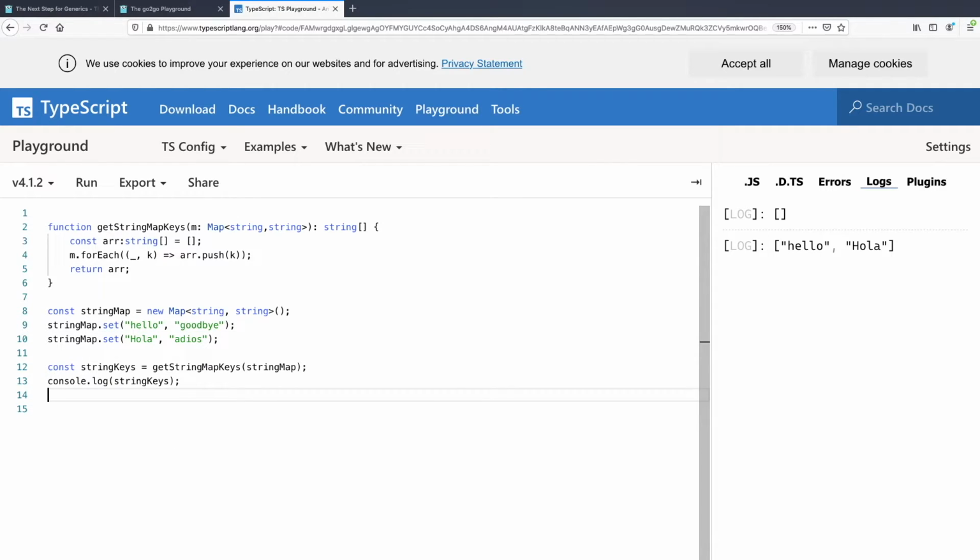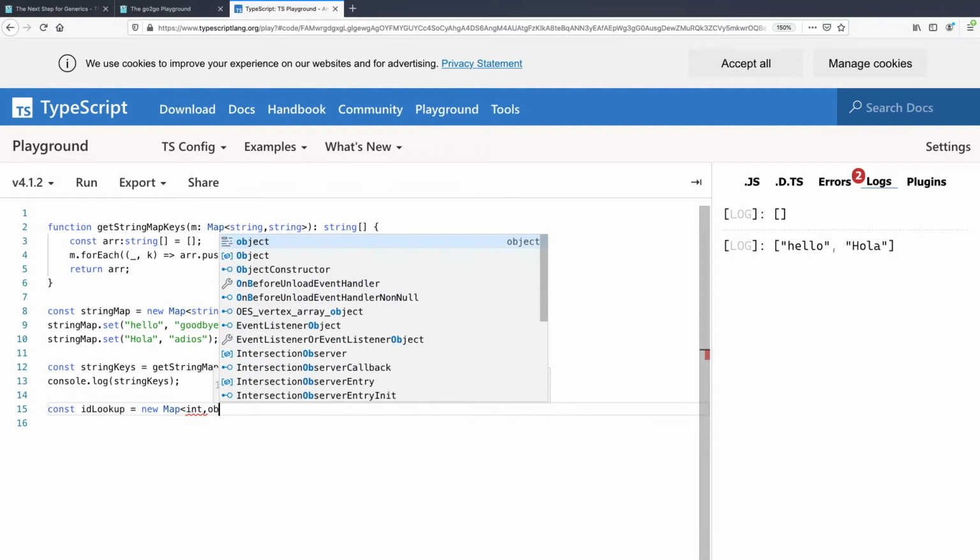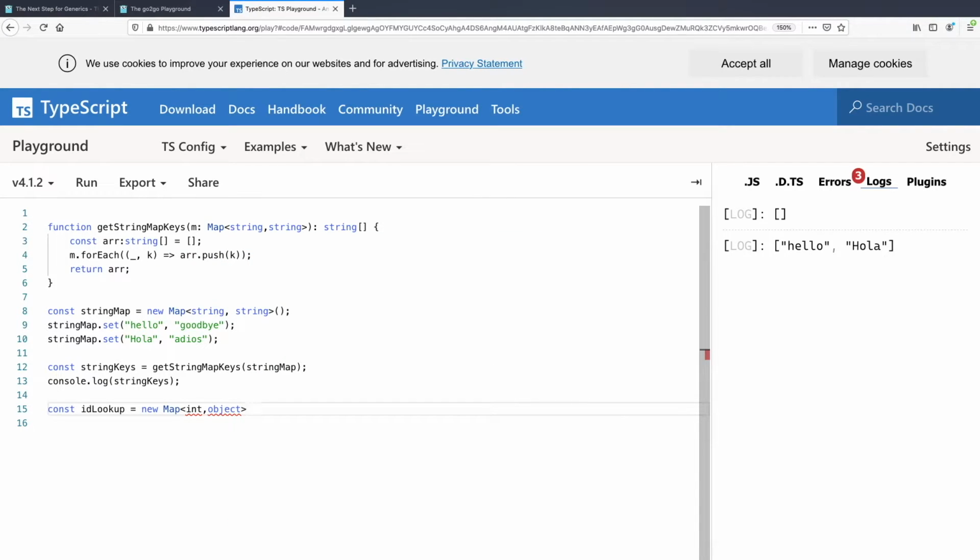But if I had a different map, for example, let's say it was an ID lookup. It would be a map of numbers, say our IDs are numbers, to a generic object, because that is our users that we're looking up.